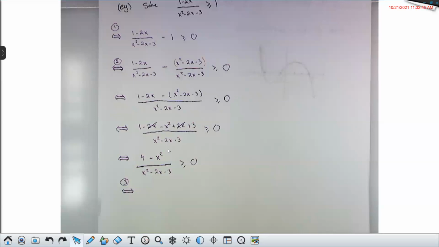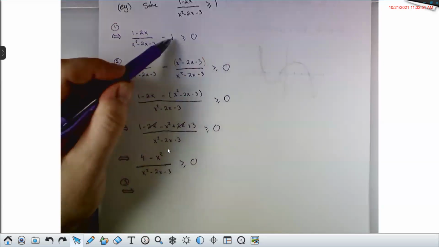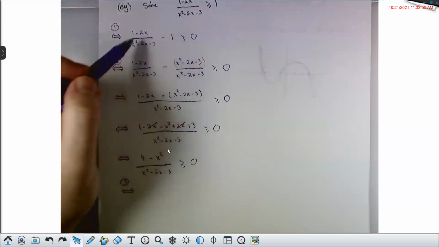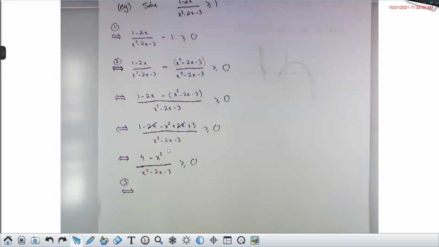Let's see, there's another question in chat there. Would we subtract the common denominator if we didn't have the minus 1? No, the whole reason this piece is here is because I'm trying to have a common denominator between these two pieces. If this piece wasn't here, then we would just jump straight to factoring. So remember, our goal is to get everything into one big fraction on the left-hand side. And that's the only reason we had to do the common denominator step. So without that need, we wouldn't have to do the common denominator step.